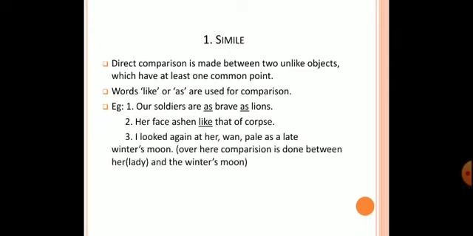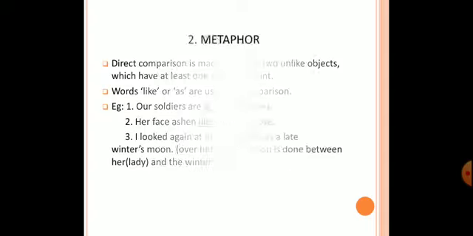Next one is: I looked again at her, wan, pale as a late winter's moon. So over here the comparison is done between her, meaning a lady, and a winter's white moon. Okay, I hope you have understood it. Now let us move to the second figure of speech,